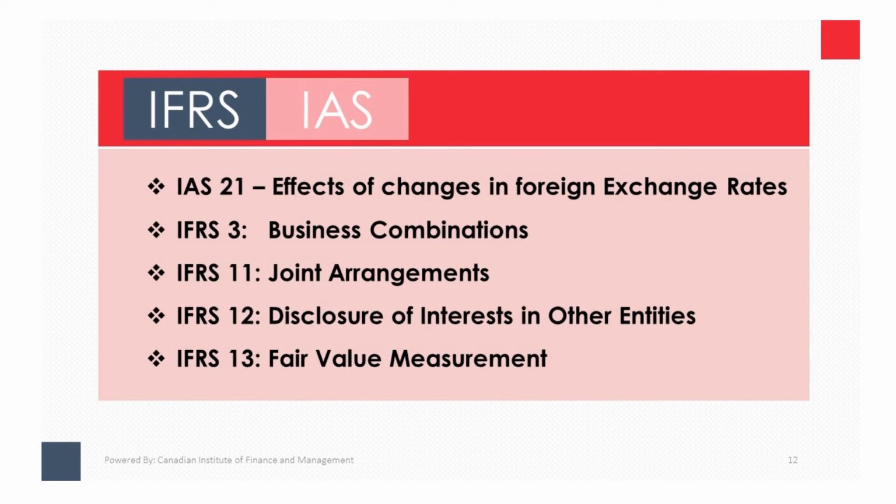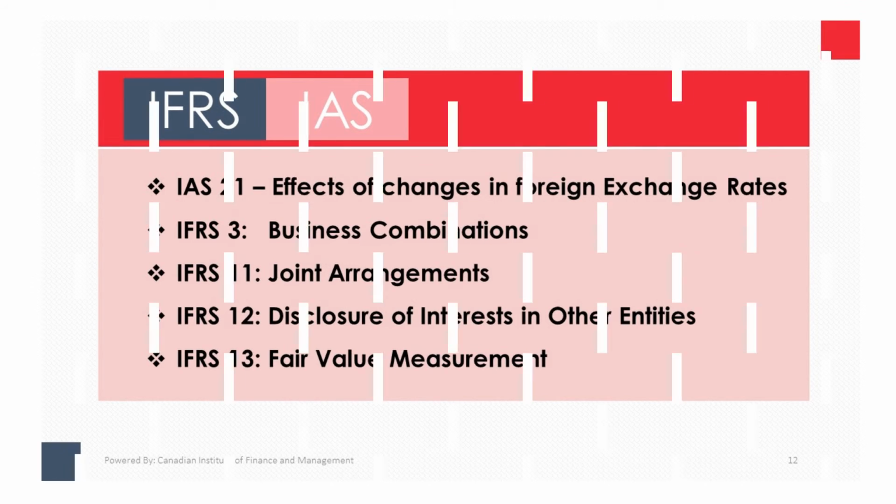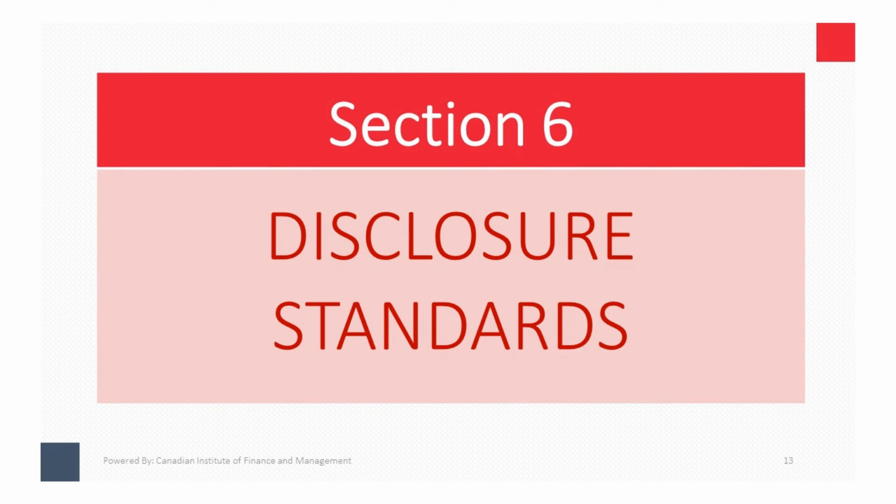The topics covered in this section are as follows: IAS 21, Effects of Changes in Foreign Exchange Rates, IFRS 3, Business Combinations, IFRS 11, Joint Arrangements, IFRS 12, Disclosure of Interests in Other Entities, IFRS 13, Fair Value Measurement. Section 6,